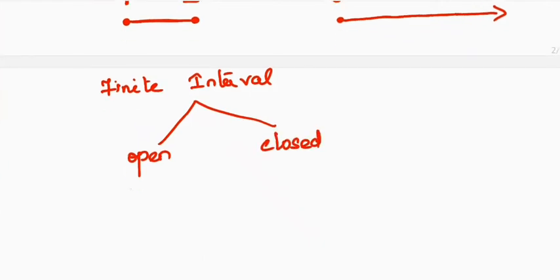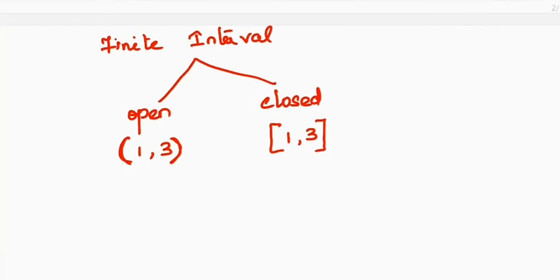Okay, so open interval means we have to denote it like this. Here I use parenthesis to denote the open interval. For the closed interval, I will use the square bracket. Okay, there is a difference in it. Open interval means this does not contain both the end numbers. So the open interval does not contain 1 as well as 3. So how to mark 1, 3?